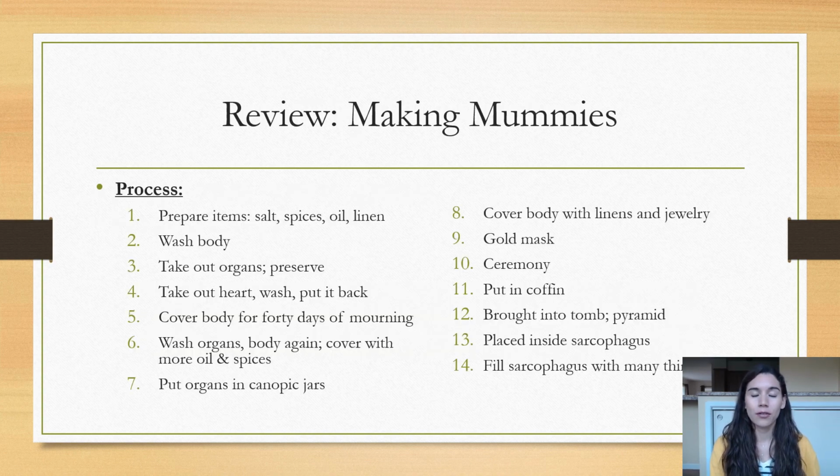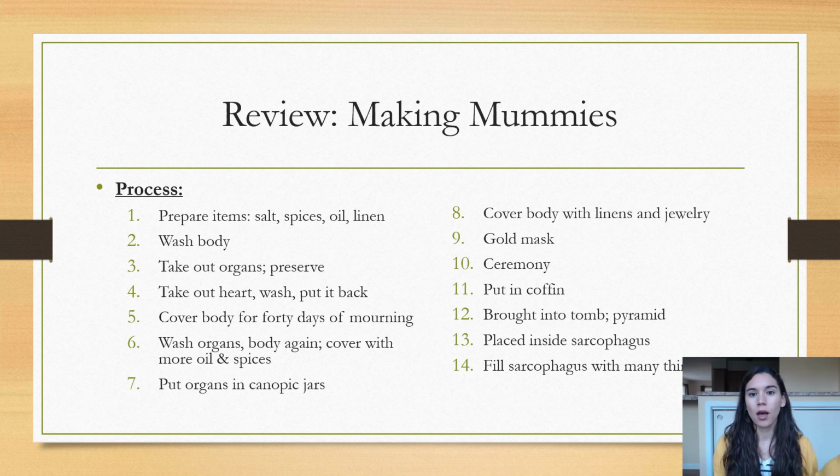So we're going to do a brief review of making mummies because this really grosses me out, you guys. So here we go. We're going to keep it short. It said in your book that whoever was preparing the body prepared salt, spices, oil, linen. They would wash the body, take the organs out, and preserve it. And then they would take the heart back, wash it, put it back in. They would cover the body for 40 days of mourning, and then they would wash the organs and the body again, and they would cover it with more oil, with more spices,